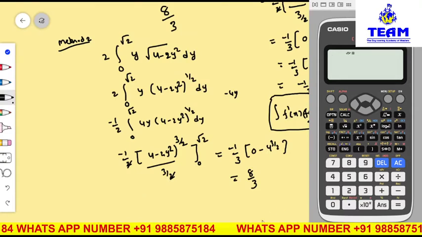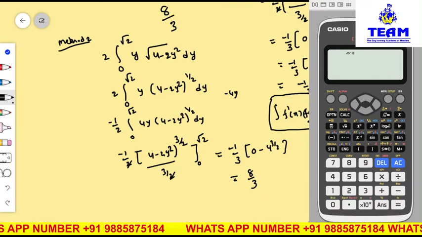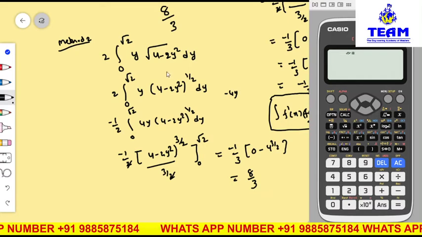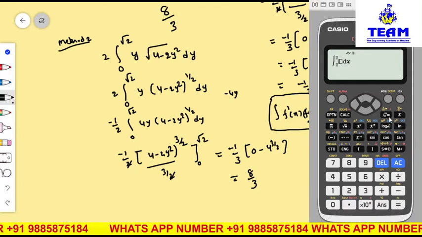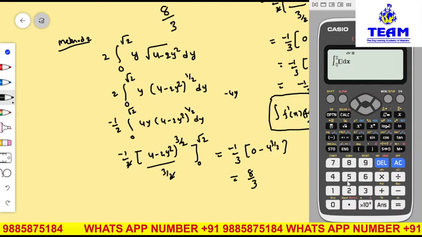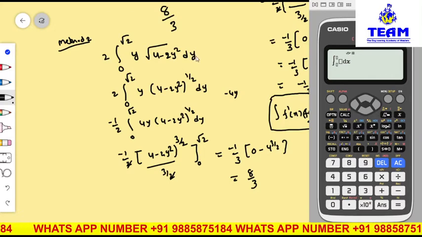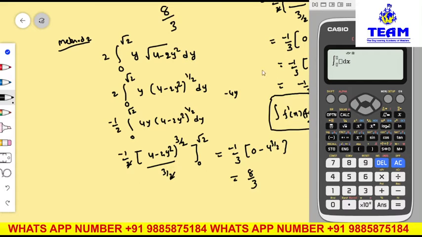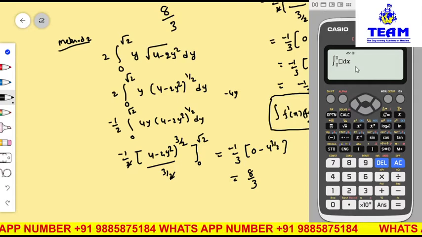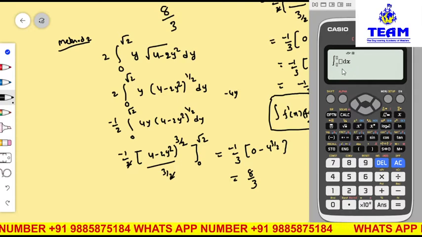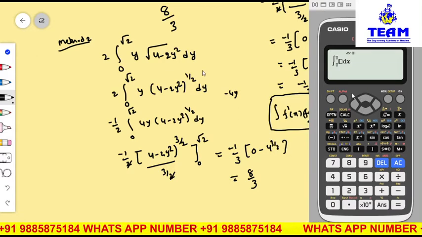Okay, now you see friends, here I am doing with the calculator. Integral from 0 to root 2, so integration symbol where you have calculator here, press this button. Here first you have a y, so write down y, but here you have a dx term friends, so treat this entire term in terms of x. In place of y you write x. Okay, because in the calculator you have only dx term, line integral only we can do, we cannot do double integral, triple integral. Only with respect to x you can do, y is there, so I am converting.